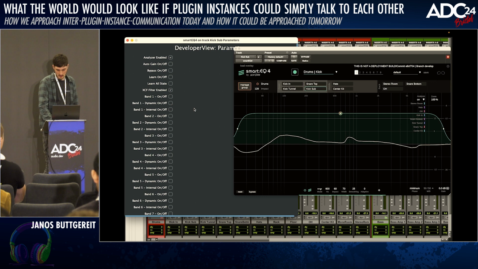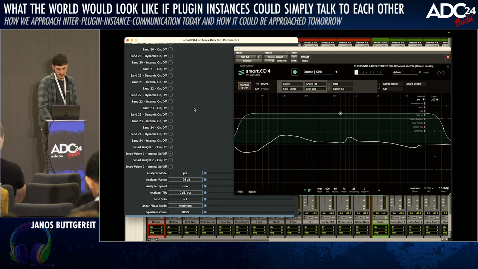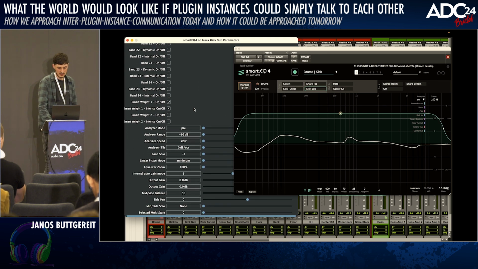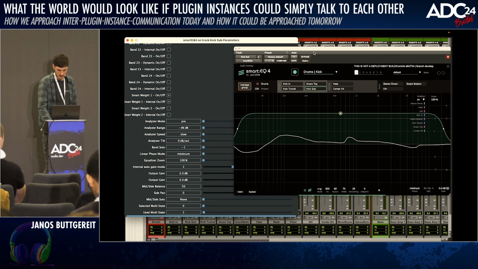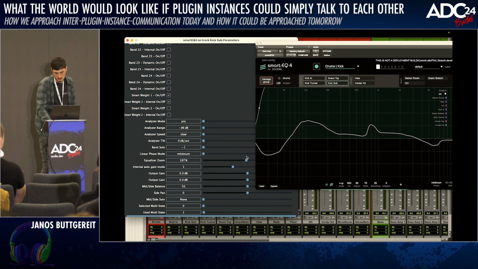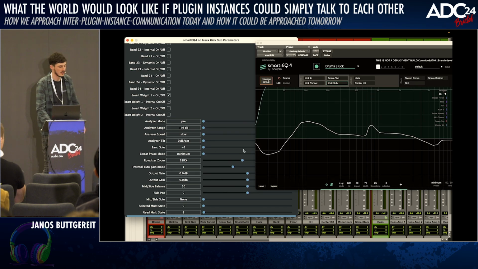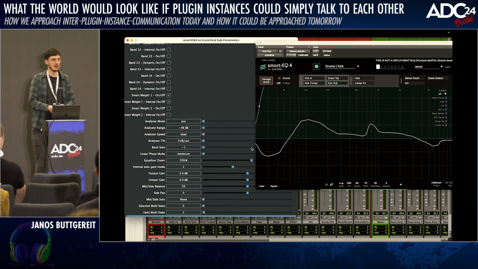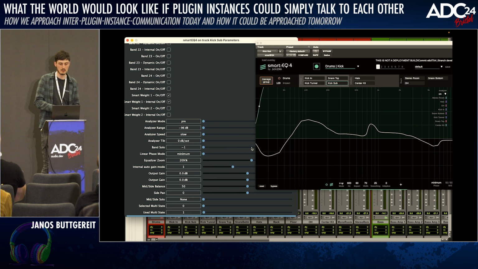Let's just look at the parameters. So this is an entire list of all the parameters our plugin has, and I can just take one. Let's see, zoom. So you see what happens here. We have now a completely different looking interface accessing the same set of parameters. So we came up with a very good abstraction, and we actually use this a lot for development.